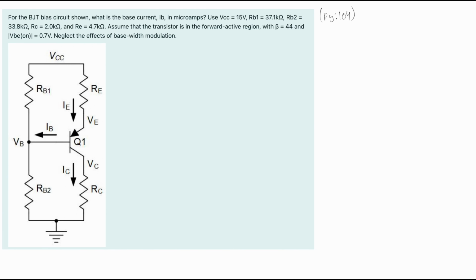For our BJT bias circuit shown, we're asked what is the base current IB in milliamps. We're going to use the following variables. We can assume that the transistor is in the forward active region, and using the forward active region, we can